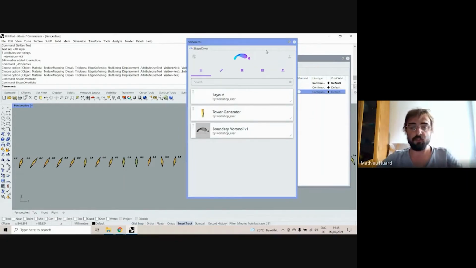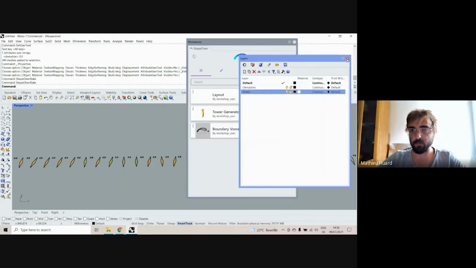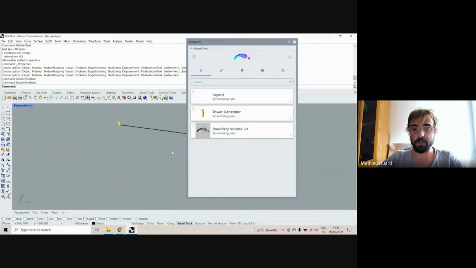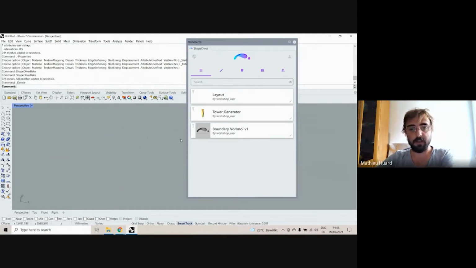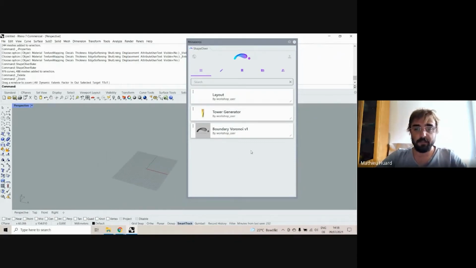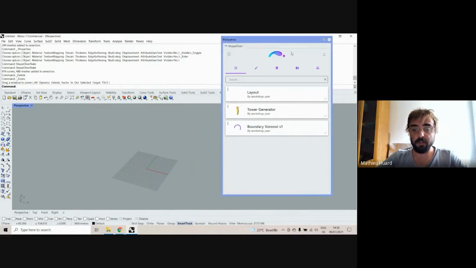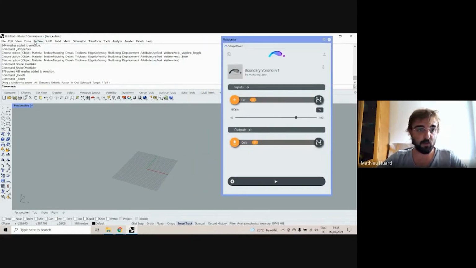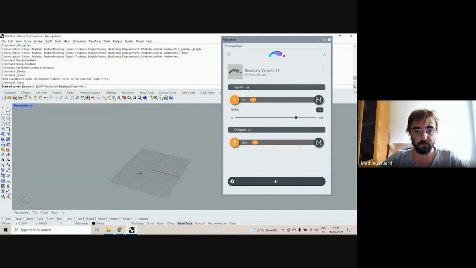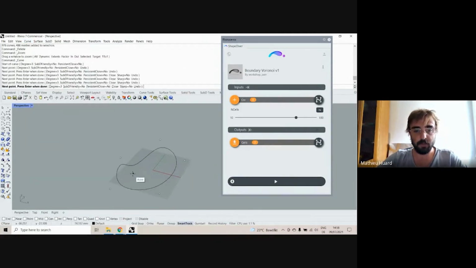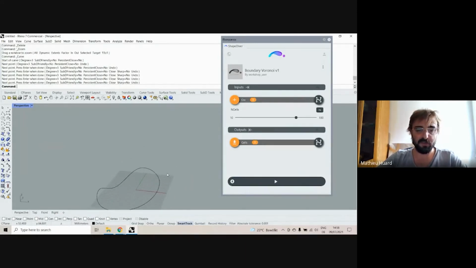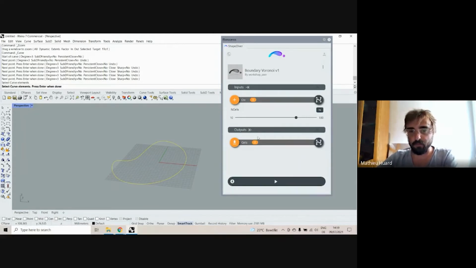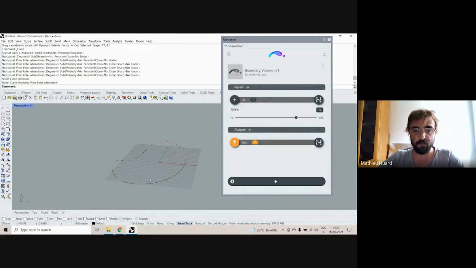So yeah, to give a better idea of these cross-client workflows, here is the last app that I had already uploaded before the workshop, and that you might have had the opportunity to play with already. It is a very simple app that takes a curve as input. For example, this closed curve. I think it should work with a non-closed curve too, but the point is to use it with a closed curve and just populate it with a Voronoi pattern. So here I select this curve as input. Now I can see it's